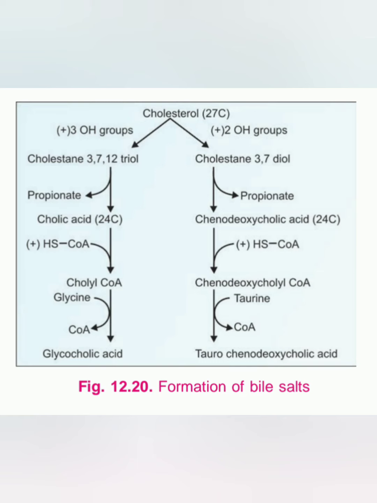Formation of bile salts: the main precursor for the formation of bile salts is cholesterol. The cholesterol is converted into cholic acid and the cholyl coenzyme A, then